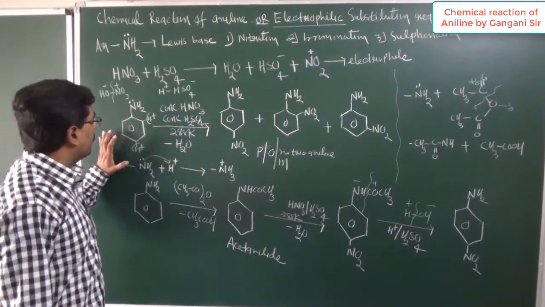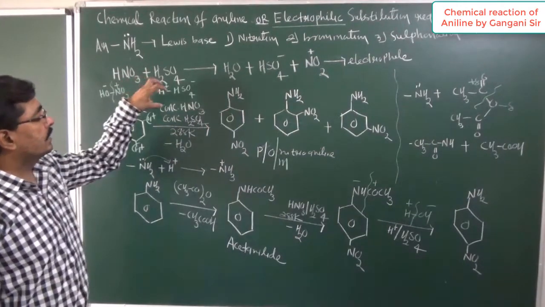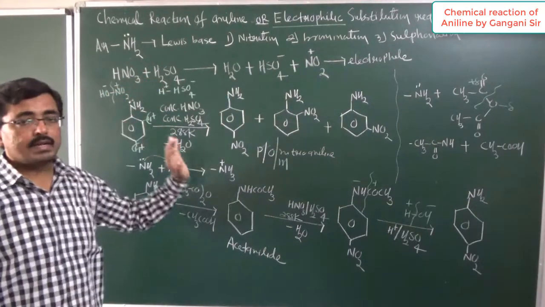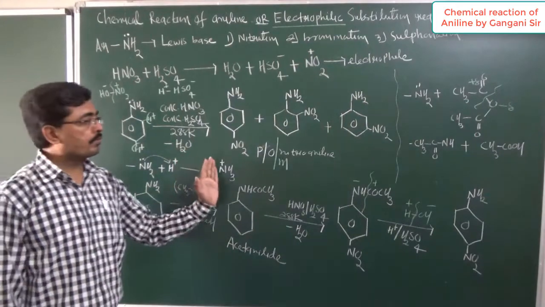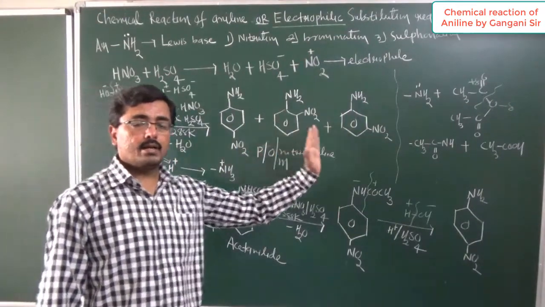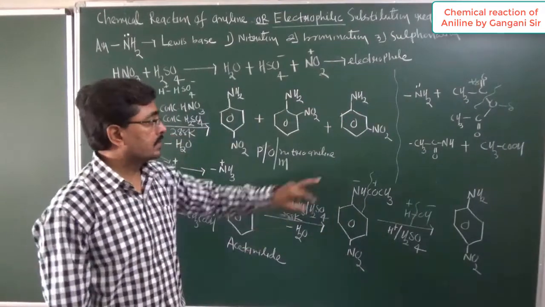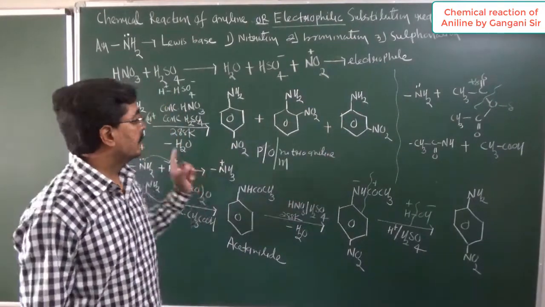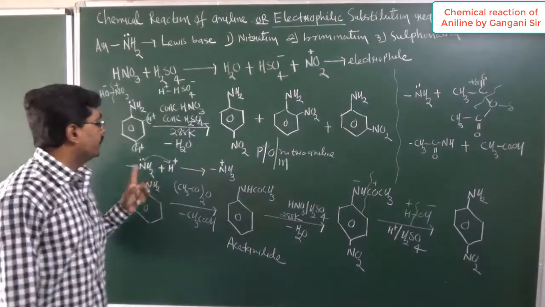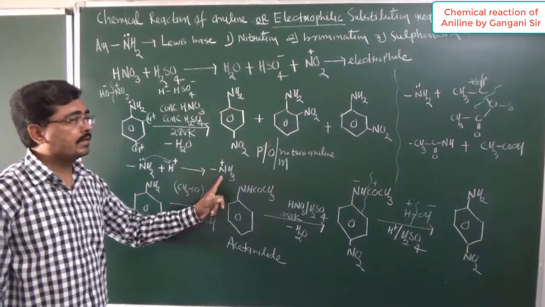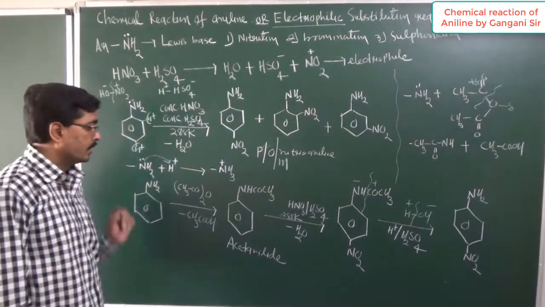If we perform nitration of aniline by using concentrated nitric acid and sulfuric acid directly, then I will get a mixture of product ortho, meta, para, nitroaniline. I have explained you in detail कि भाई चलो मेटा स्ट्रक्चर हमें क्यों मिलता है. Then in acidic medium, amino group converting in ammonium ion, which is meta directing group.